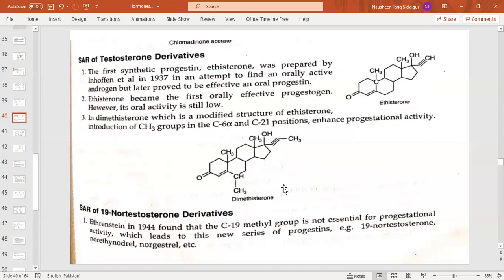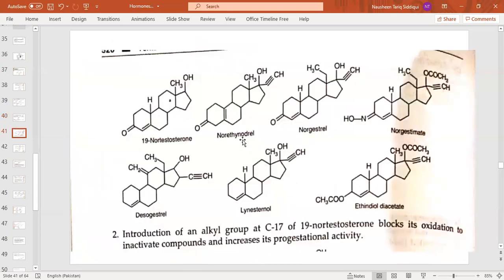उसने ये देखा कि 19 पोजीशन पे जो ये वाला ही जो है, which is not important for this activity, which leads to this new series of progestin, that is 19-nortestosterone, norethindrone, norgestrel. ये सारे डेरिवेटिव बनाए उन्होंने। ठीक है, इसमें अगर आप देखें तो उन्होंने डिफरेंट डेरिवेटिव बनाए, बट ये जो CH3 ग्रुप था 19 पोजीशन, इसको उन्होंने सब्स्टिट्यूट किया विद डिफरेंट अदर ग्रुप्स, फंक्शनल ग्रुप्स।